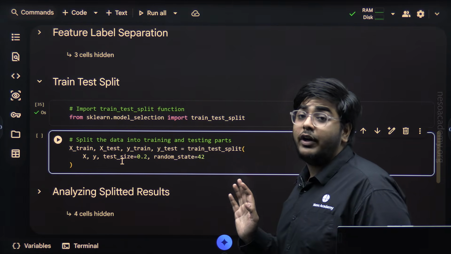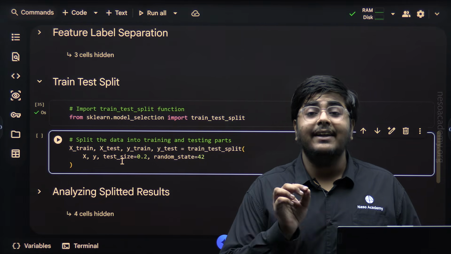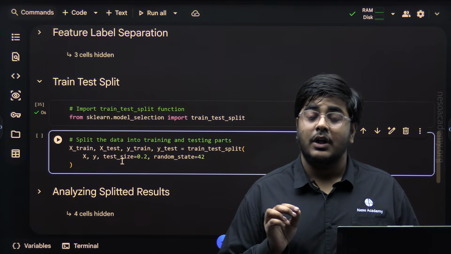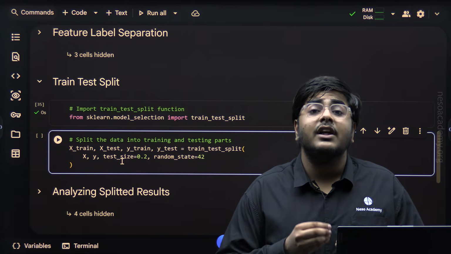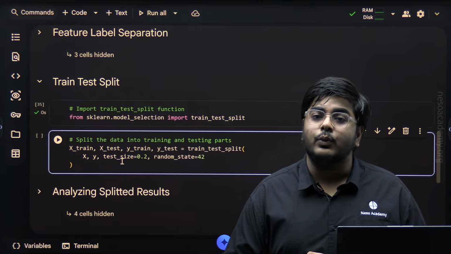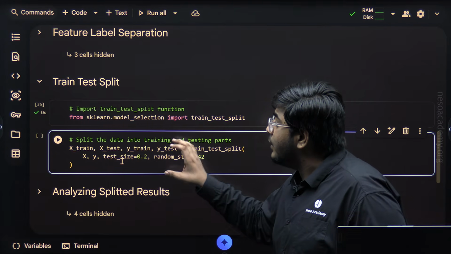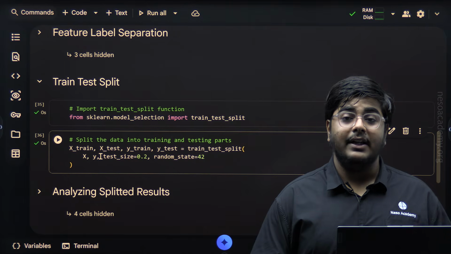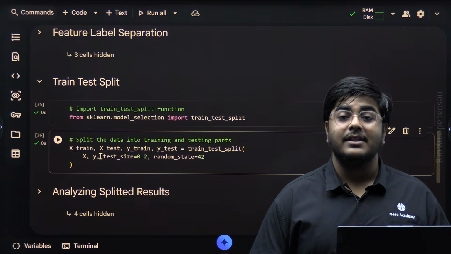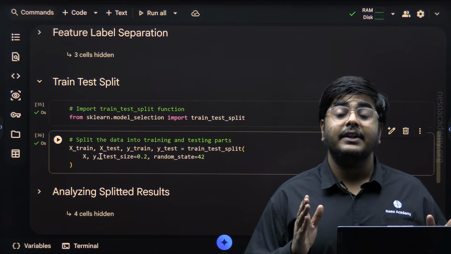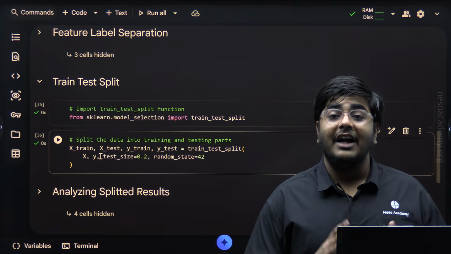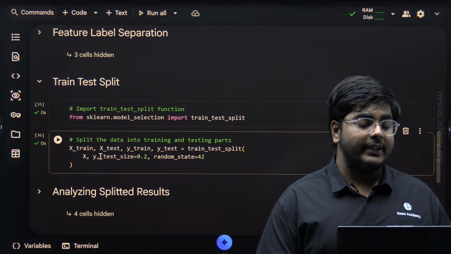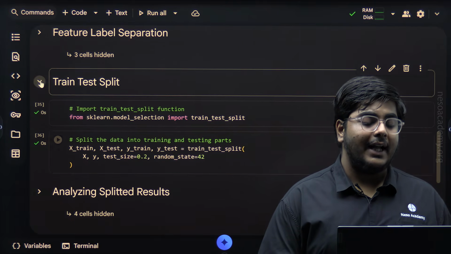Now, random state equals 42. What does that mean? By setting random state equals 42, we maintain the reproducibility of splitting. So we will get the same split whenever we run the code. In this way, we have understood this whole cell. Now, when I execute this cell, we will get xtrain, xtest, ytrain, and ytest, which means the training and testing datasets are now created, and we have successfully completed the train test split, or data splitting.